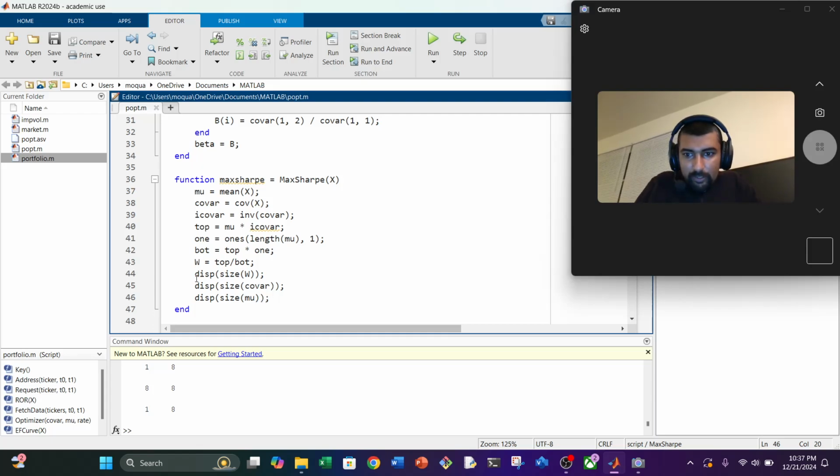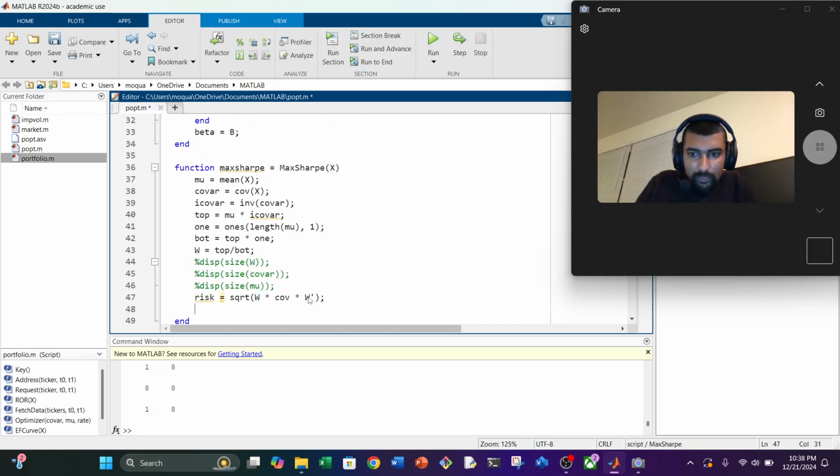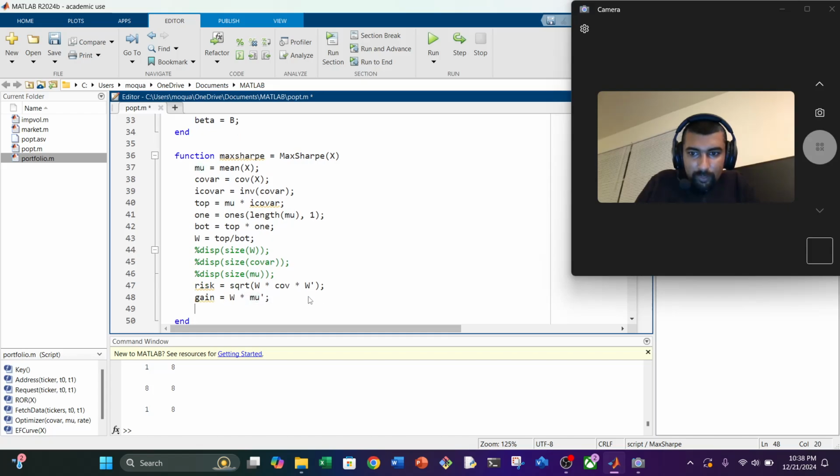Okay. Let me just keep these here just for reference. I'm gonna comment them out. So risk is going to equal the square root of, let me get rid of that. So weights are 1 by 8. So that'll be weight multiplied by covariance multiplied by weight transpose. And gain is going to be, so mu is 1 by 8, weights are 1 by 8. So it's going to be W times mu transpose. Okay, and then